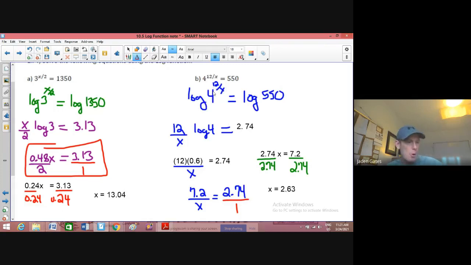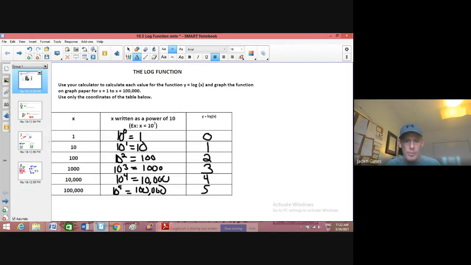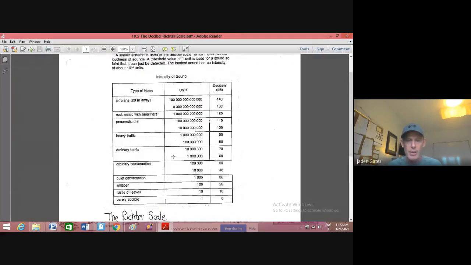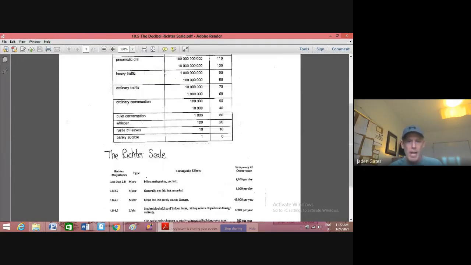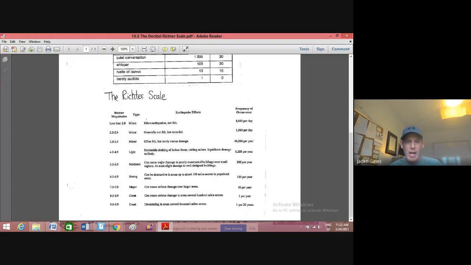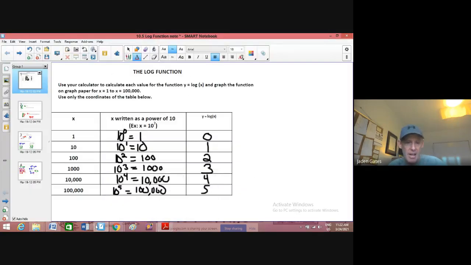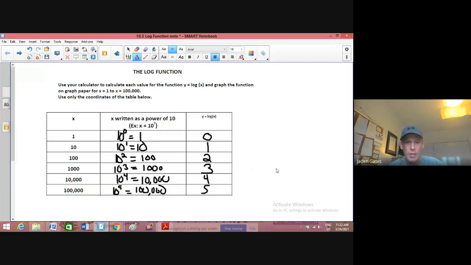How we're going to solve for an exponent, because in our next classes on Friday, both of them, I believe, we are going to solve for exponents in a physics nature. But we also looked at a couple of logarithmic scales. Again, we have the Decibel Scale, named after our Canadian Alexander Graham Bell. And there's also the Richter Scale, which again goes up by ones. But again, they're both logarithmic scales because as you move through the scale, it's multiples of 10. And that's what the log function's all about, is looking at your multiples of 10. All right, so that